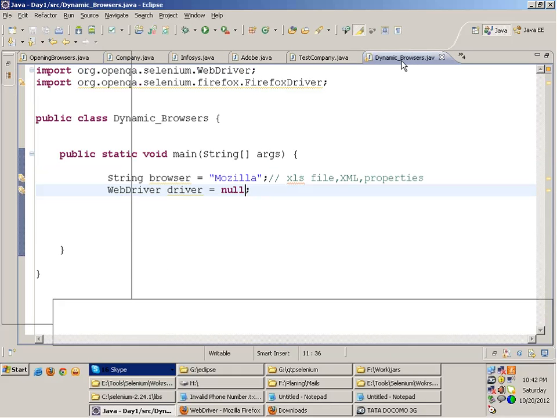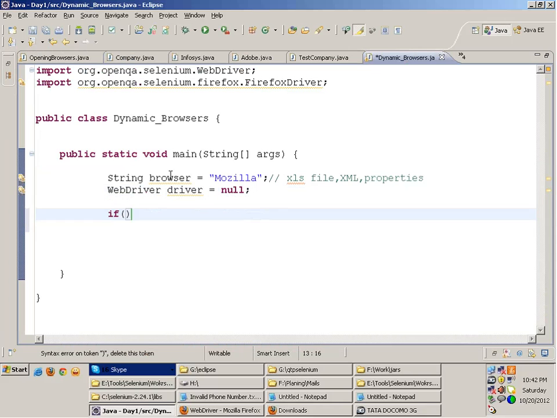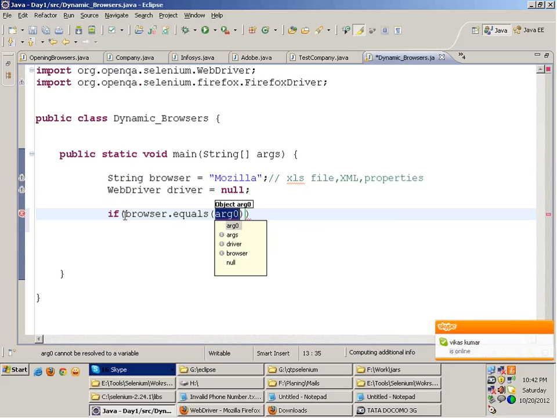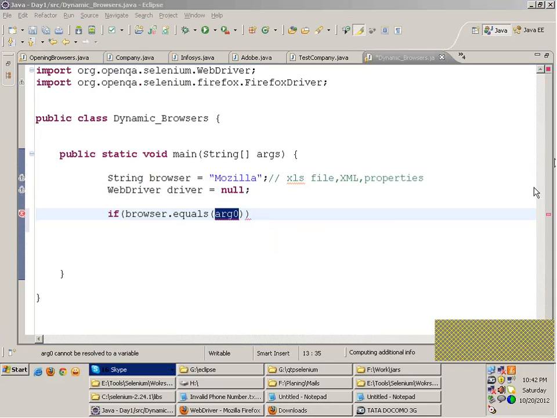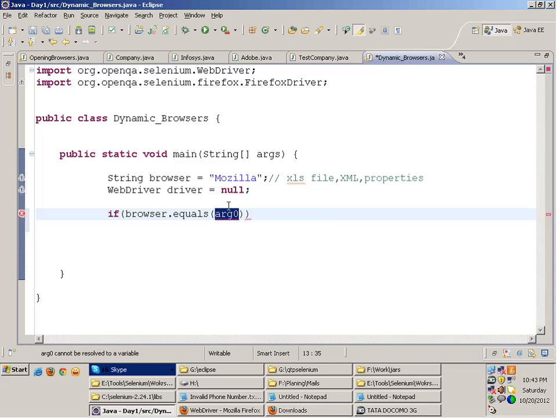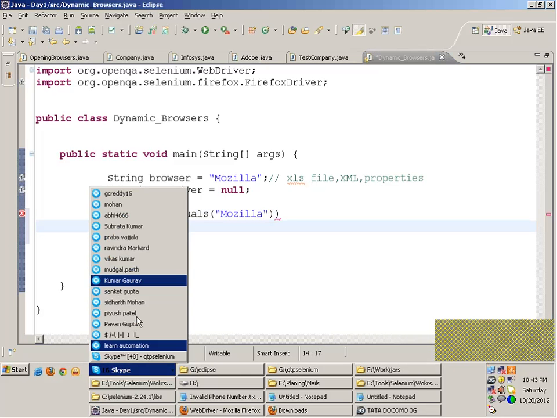Now I'll keep a condition that if the browser which is read dot equals, which is the function that does string comparison. If the browser is equal to Mozilla,